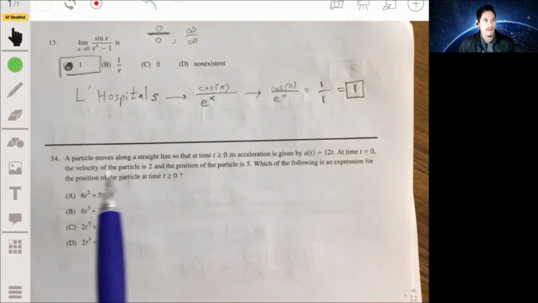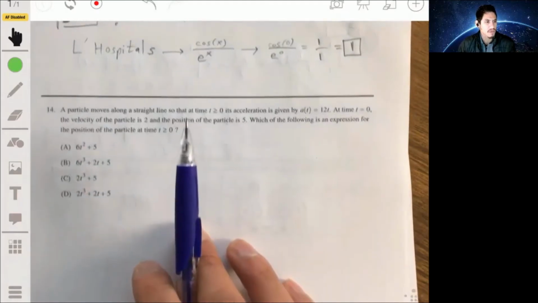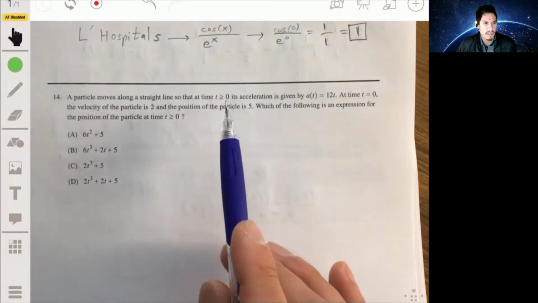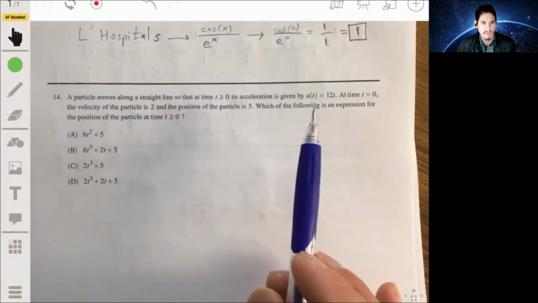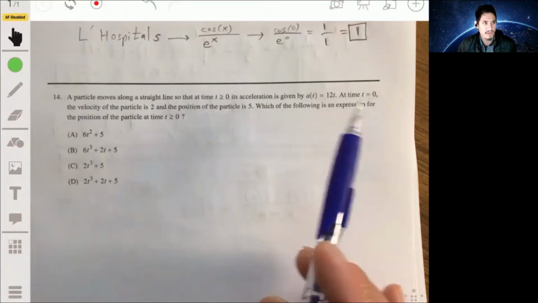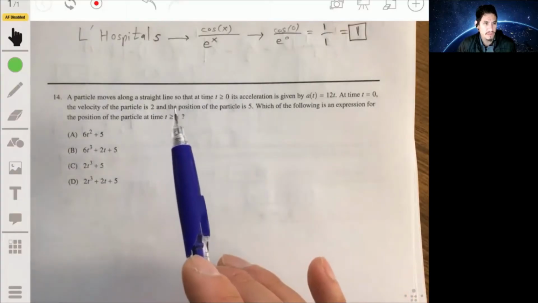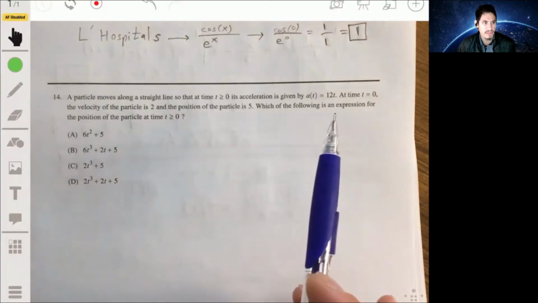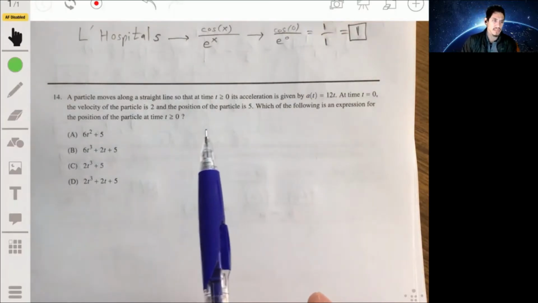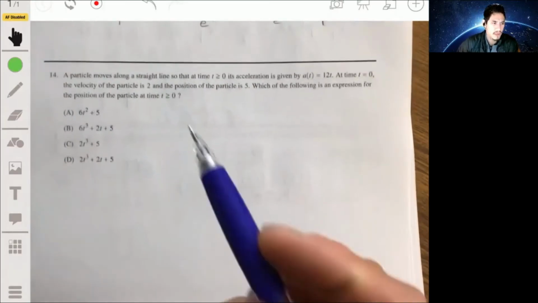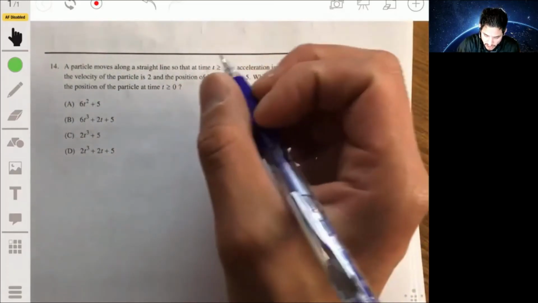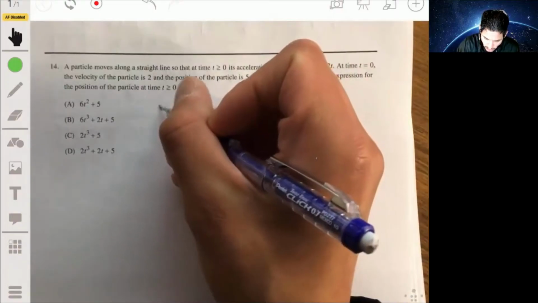All right, number 14, we got a physics application. We're told that a particle moves along a straight line so that at time t greater than or equal to 0, its acceleration is given by a of t equal to 12t. At time t equals 0, the velocity of the particle is 2 and the position of the particle is 5. Which of the following is an expression for the position of the particle at time t greater than or equal to 0? Okay, so one way that we can solve this is by integrating using the properties of